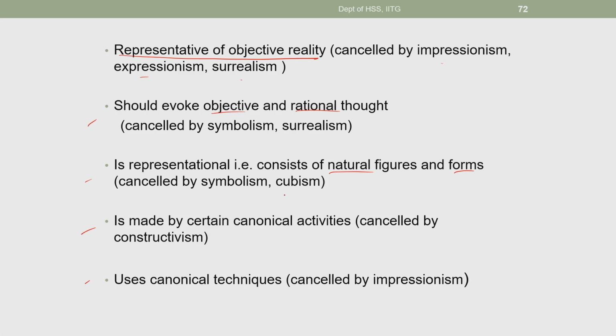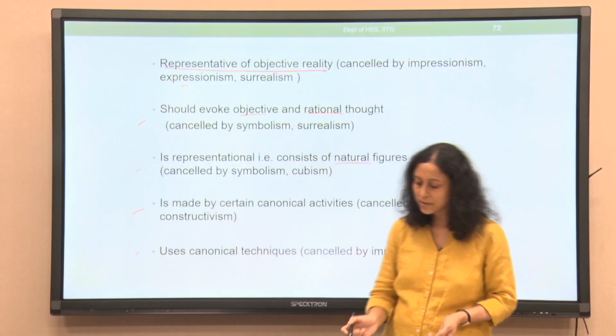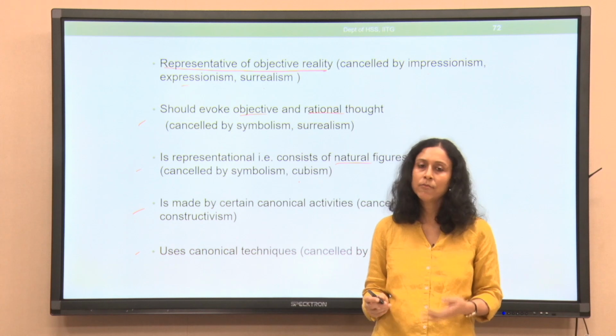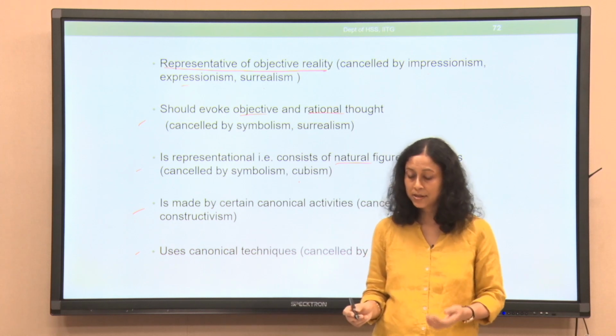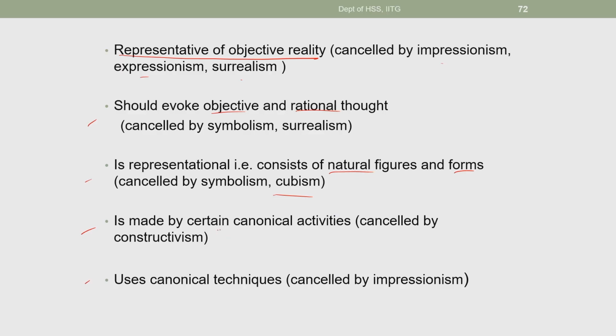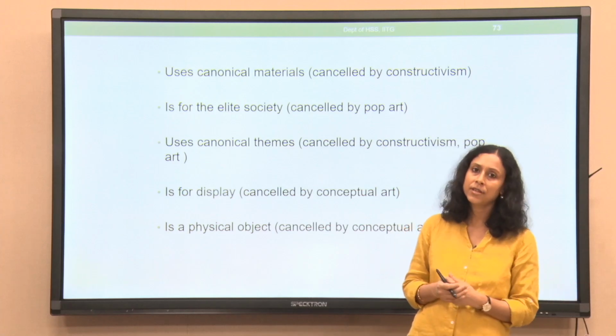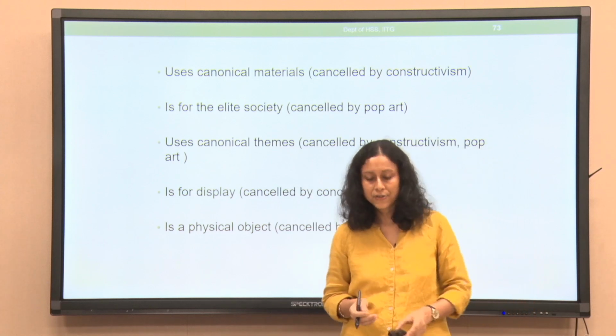So, this idea that one has to represent a figure as it should be, a human as the human really looks, was cancelled. This is something fundamental: a human should look like a human in a painting, but in a representation, that does not hold. So, this is cancelled. Similarly, canonical activities, how you paint, have also been cancelled. So, there are all these possibilities, to the extent that sometimes what is called art in today's time has come so far away from what was called art, let us say, a few centuries back, it is really astonishing.